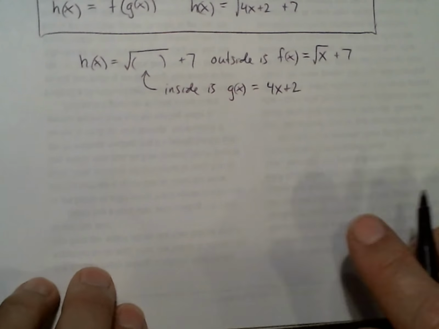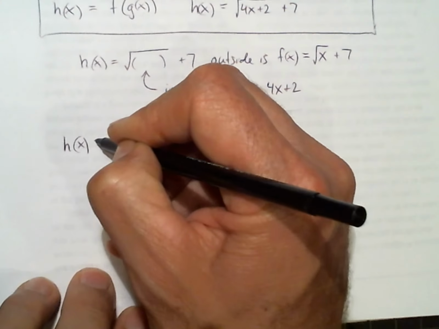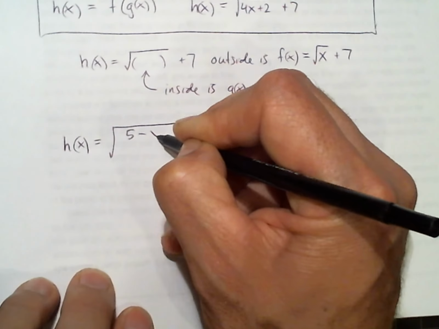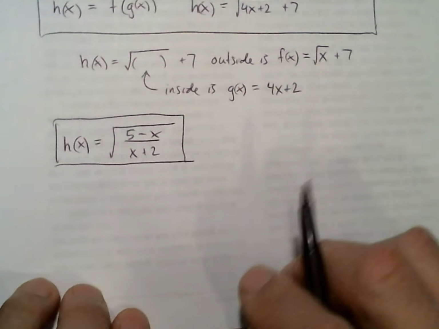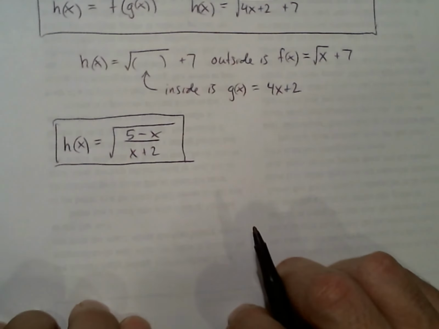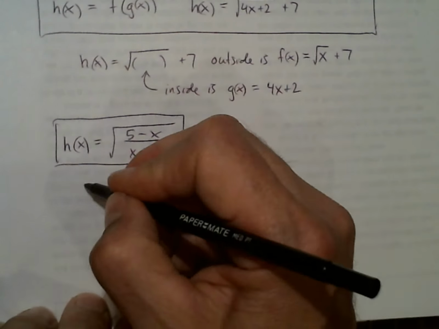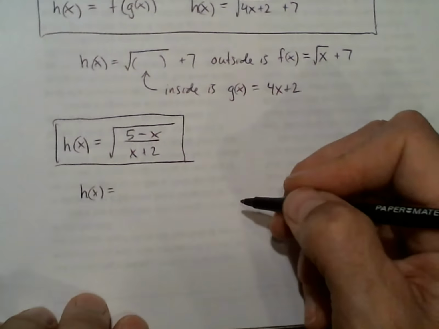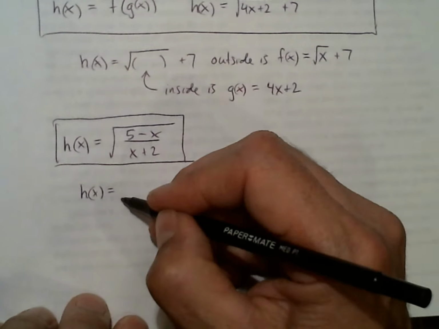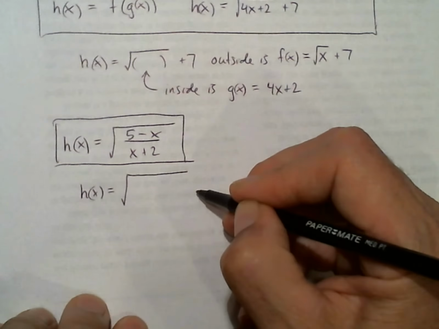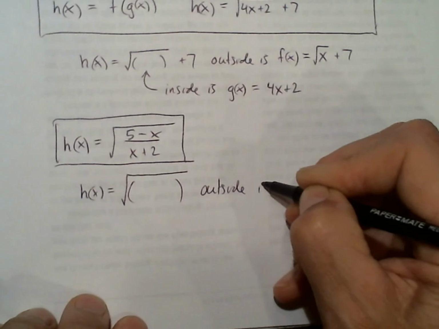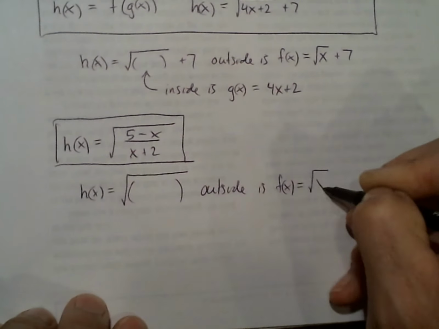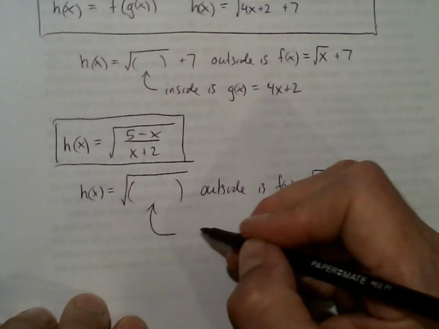Okay, you try another one, and this is h of x. Okay, pause, try doing the same thing with that one, and maybe you'll get a different answer, but it still could be right. We can identify an outside, which could be the radical, and then something is inside. So the outside is f of x equals radical x, and the inside is